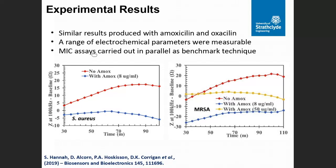So these are just the standard minimum inhibitory concentration tests to see, did our sensor produce similar results to the standard agar plate techniques? So for Staph aureus, we found with amoxicillin at 8 micrograms per mil, a concentration that should prevent growth, we saw no evidence of growth on this, what we call electrochemical growth curve, whereas without amoxicillin, we saw evidence